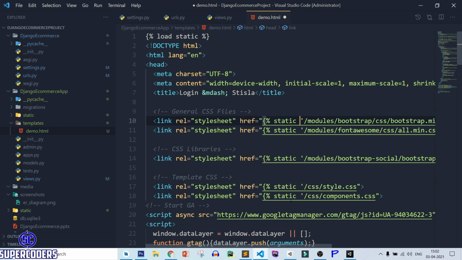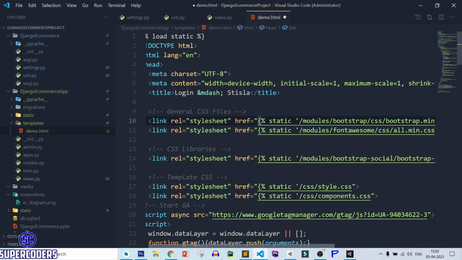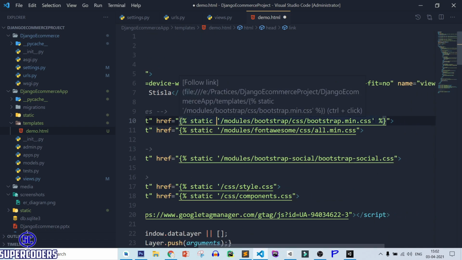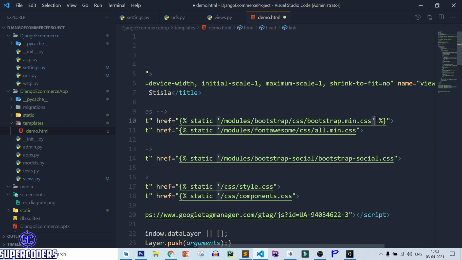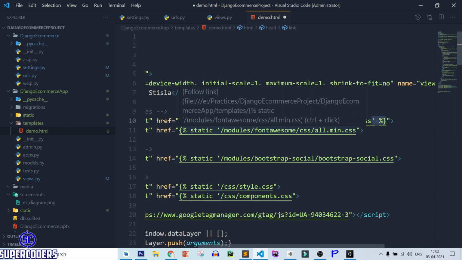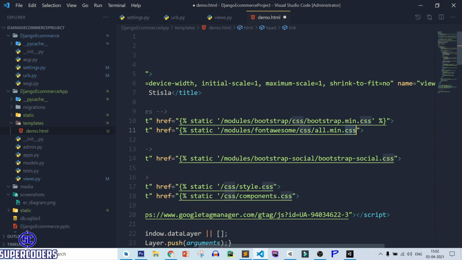Okay, it will not select like this, so you have to manually do everything here. Let's see. Copy the code, and here instead of this, select assets, select CSS or dot CSS. So you can select everything. After that, add plus J, dot CSS. Then close this and close the static expression.